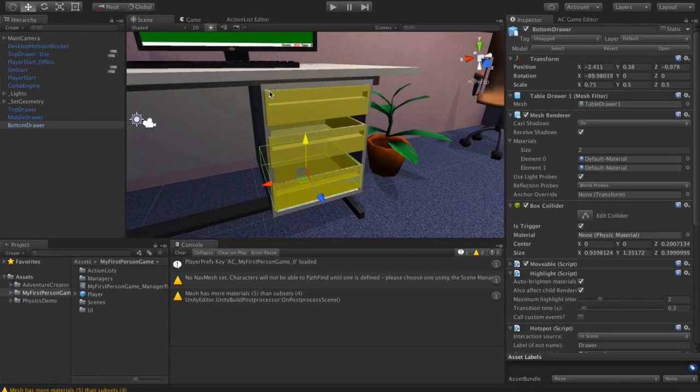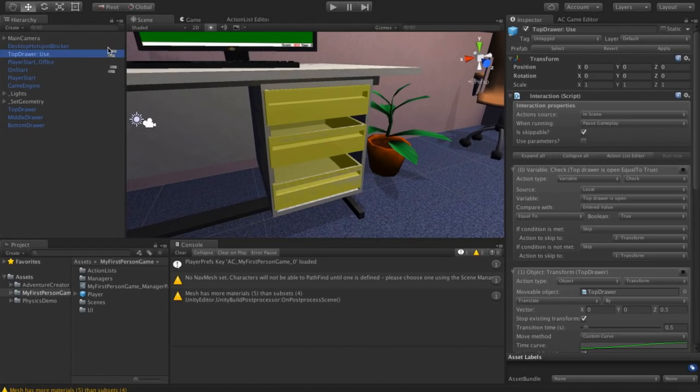What we're going to do is have a generic action list that we can then run for any drawer, and it'll read which variable we tell it to and affect the drawer that we tell it to. So I'm going to turn this top drawer use into a generic name, toggle drawer.